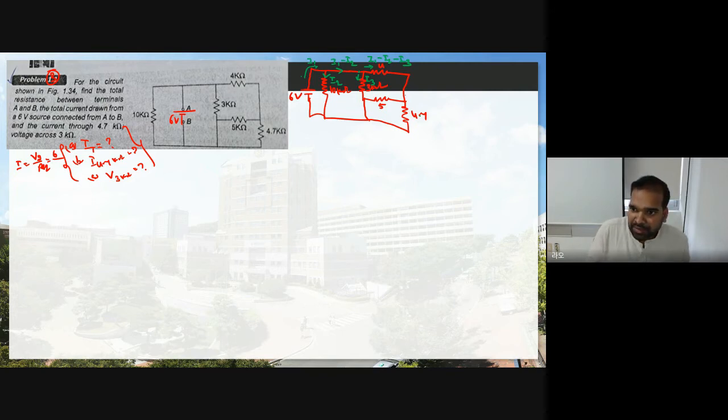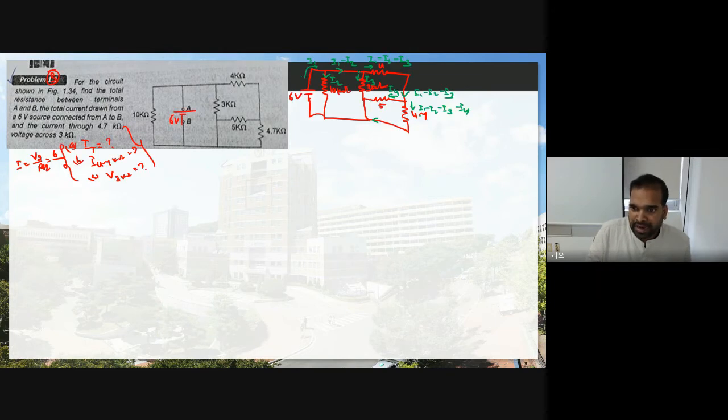Now see here, after coming here, what current is coming here? I1 minus I2 minus I3 current is coming. Yes or no? Now once again, this current will go in this direction and it will go here. Let us assume I4 current is going in here. Then how much current is going to the 4.7 kilo ohm? This is the total current, right? This minus I4. Therefore I1 minus I2 minus I3 minus I4. Yes or no? Yes. Now this current is coming here, and at this point, what is the current?